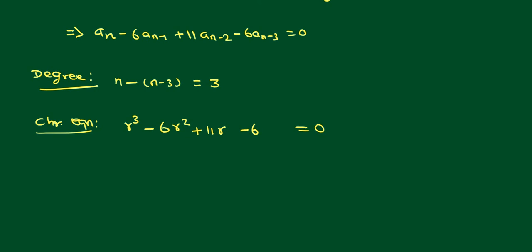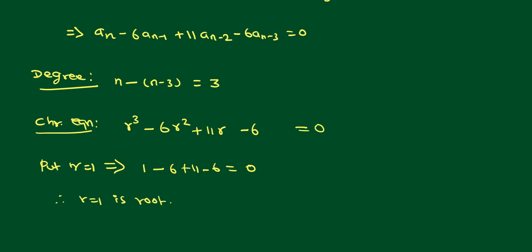This is the characteristic equation. Now I am trying to find the roots of this characteristic equation, because with the help of the roots only can I conclude the general solution. So we have r cubed minus 6r square plus 11r minus 6 is equal to 0. To find the roots, if you put r equal to 1 in the above equation, you get 1 cubed is 1, minus 6, plus 11, minus 6. So I got a 0 answer. Therefore you can conclude that r equal to 1 is one root.